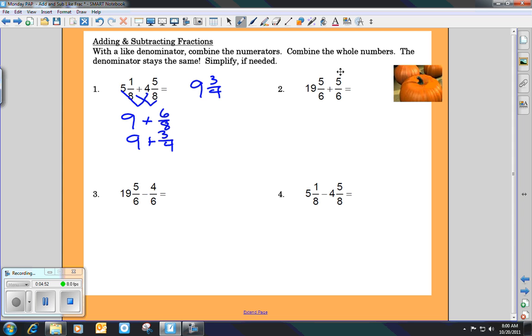Okay, I want you to go ahead and do number 2. You're going to want to be careful on number 2. After you add your fractions, there's nothing here. This would be a 0 in front of this, so it's going to be 19 plus 0. And then 5/6 plus 5/6, you'll end up with an improper fraction when you do 5/6 plus 5/6. So you're going to have to change that to a mixed number and add it back to the 19. Okay? So for example, if I have 7 and 5/8